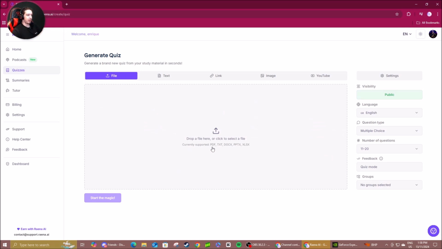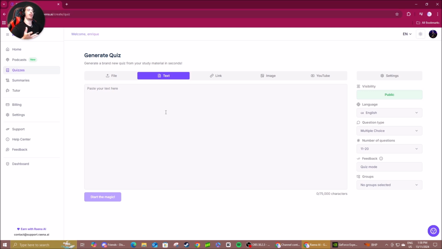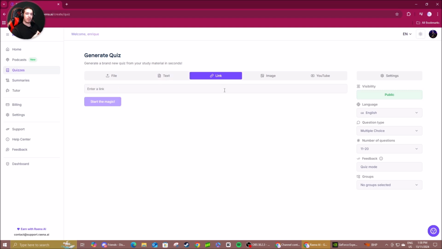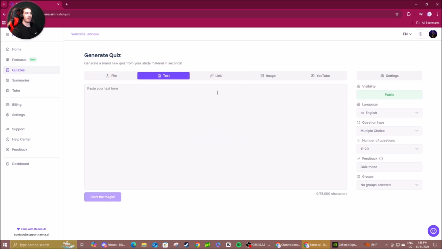File, as always, it'll give you the file types that they support. Text, if you need to copy and paste something from somewhere that you can't turn into a file or a link, that's there as well. It's a great fail-safe. Link, if you need to take something from the internet, from Google, anything, you can paste a link in there and wait for it to verify and make sure it can be reached. As you may know, some links may be unreachable if they're based on university or locked websites where you need access to an account. Unfortunately, this AI can't go through that. But in saying that, if you can convert whatever information is on there into either a file or text,